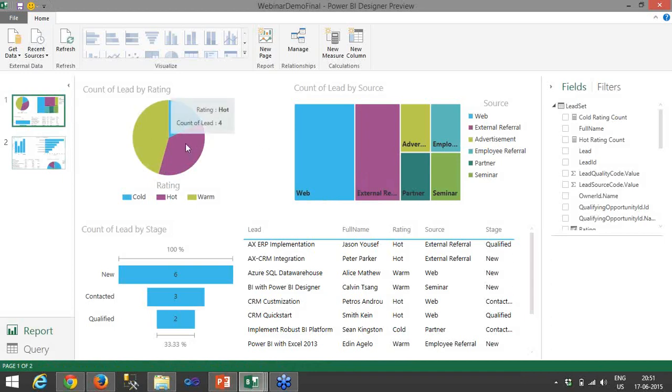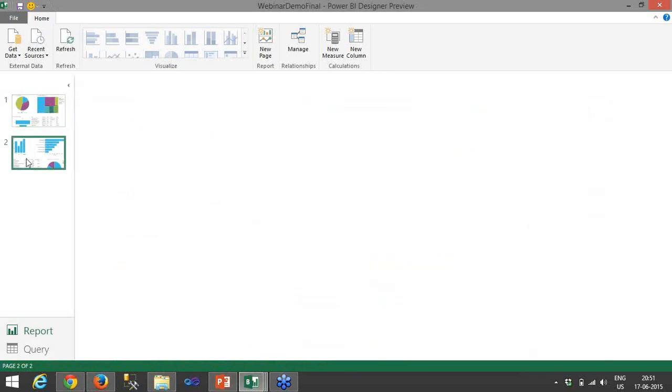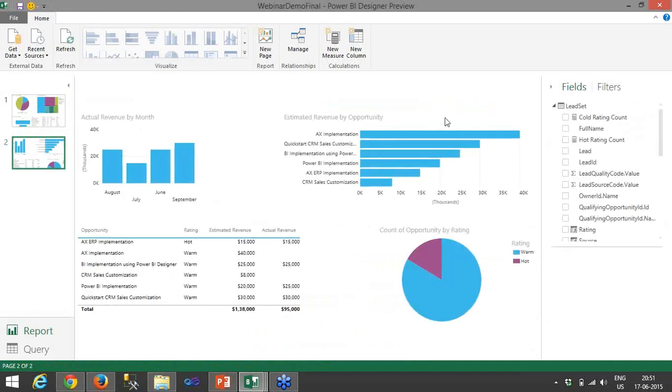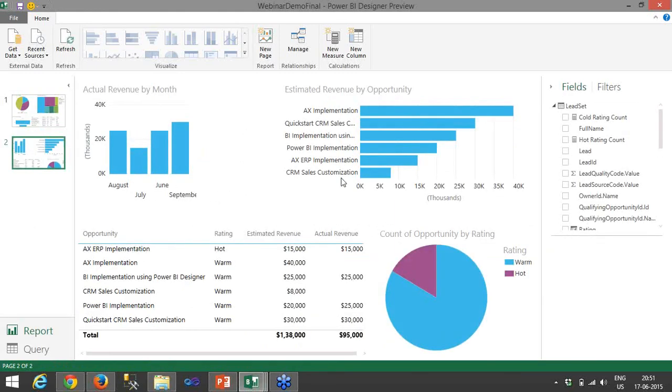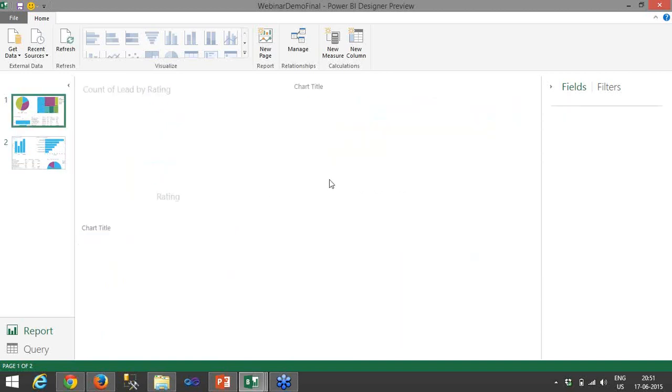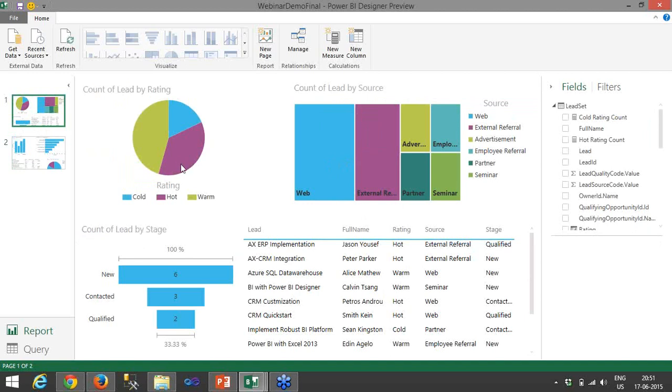So this is a report for lead, and then the report for opportunity. So we have estimated revenue by opportunity, actual revenue by month, and the count of rating. So this is all dynamic. Like, I want to check what is the status of hot opportunities.